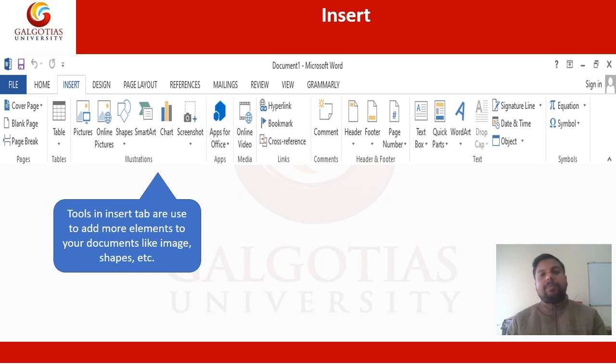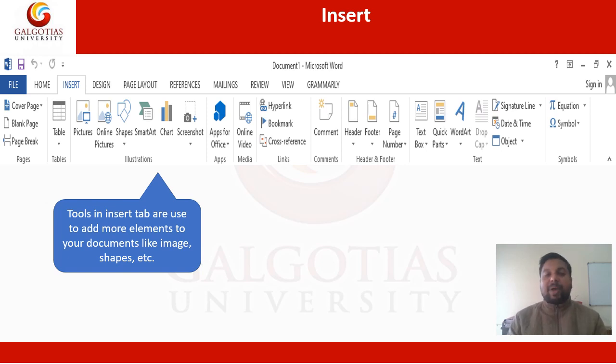Header is the information which I put on the upper side of a page, and in the footer, on the lower side, we generally use our contact details, our website, or page number, anything which you want on all the pages. You just put it on the first page, in the header and footer, and it will reflect on all the pages. You can try it practically at home. So you can use header and footer.